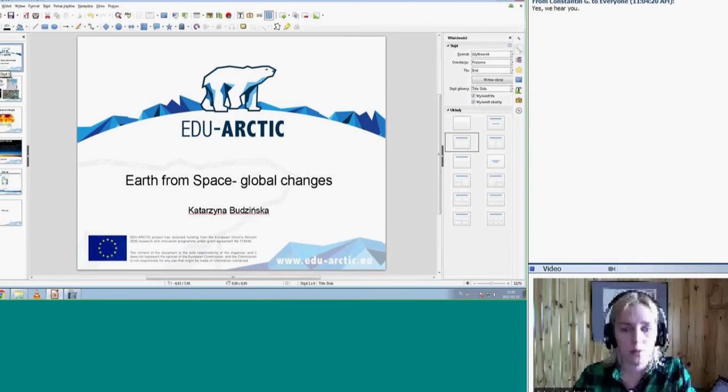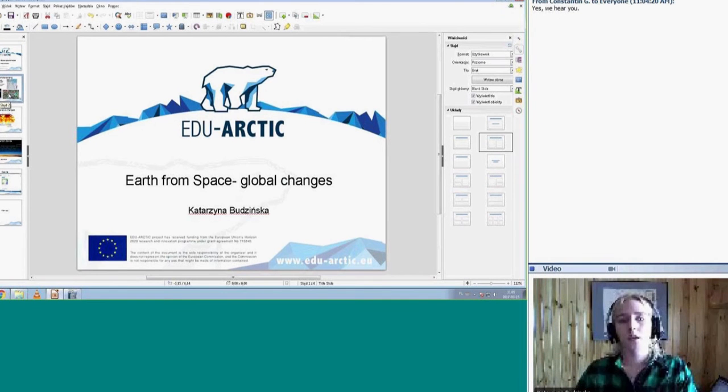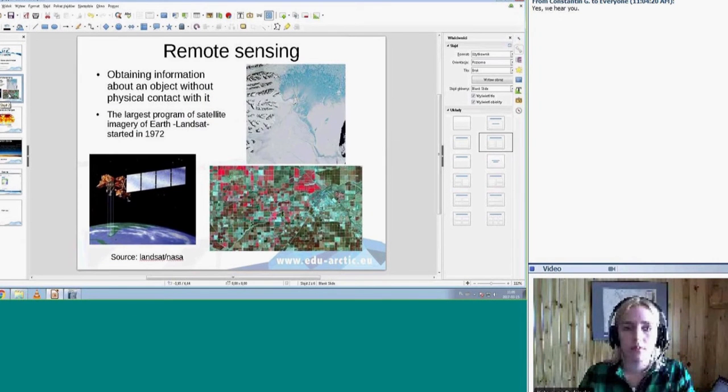Today we will talk about Earth that is visible, how it is visible from space, and we will see what information we can obtain from satellite images. So basically, satellite imagery belongs to remote sensing, and remote sensing is obtaining information about any object without physical